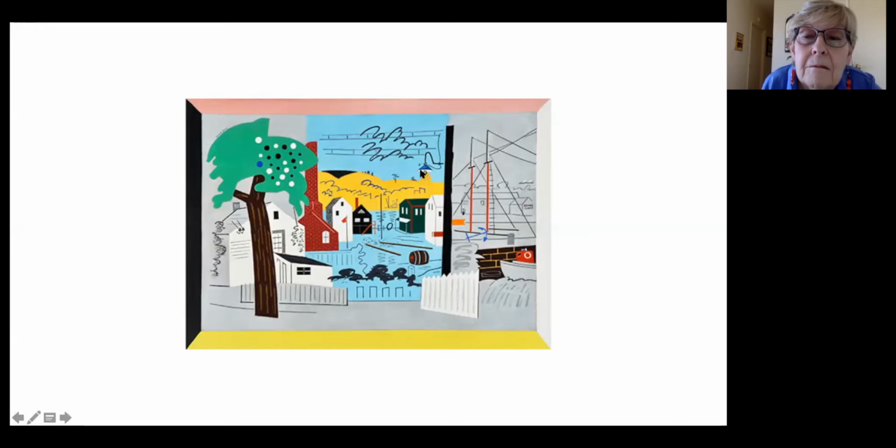Electric light, well, rural electrification was going on in the 30s. So it's as if it's light cast upon the scene. I guess this is the hill here. And then all of this, he painted this frame around it. He makes it look like a stage set, doesn't it? As if you recede into a scene, which then once you get into it is utterly flat. Into a little transformer tower here. So they're bits of American life.